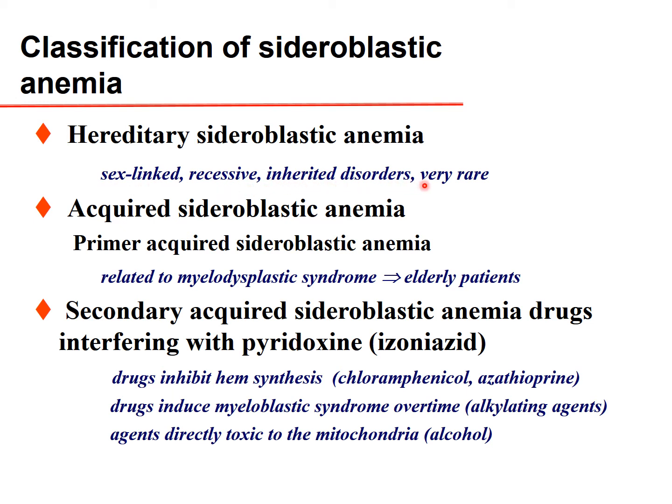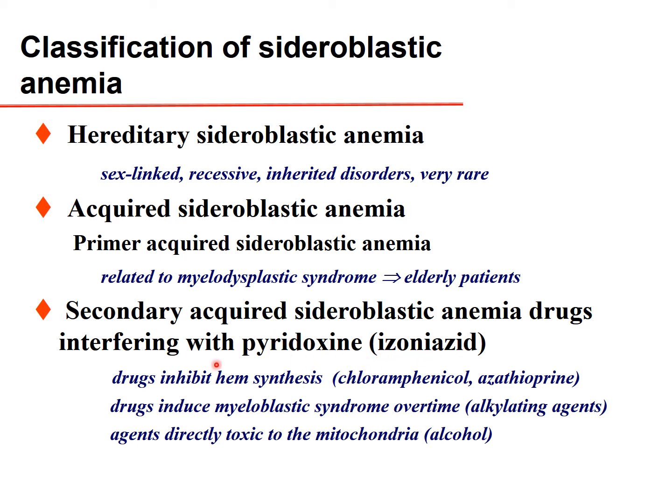or inherited disorders, are very, very rare conditions, while the acquired sideroblastic anemias are more common. This can be the primary acquired sideroblastic anemias, which are relatively associated with myelodysplastic syndrome and elderly patients. Later on, we will talk about it. And the secondary acquired sideroblastic anemia is usually a drug-induced problem. For example,